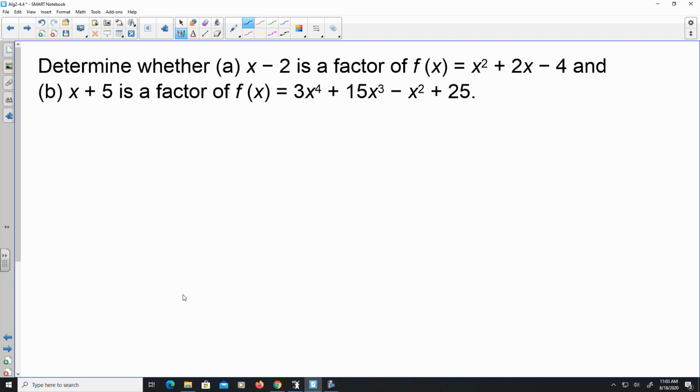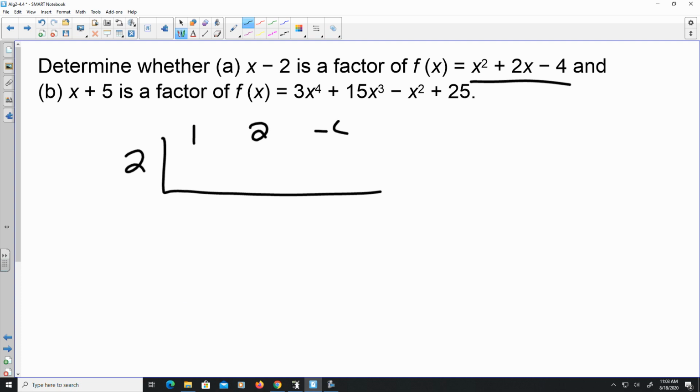So you're going to plug in 2 right here, and rewrite this as coefficients. This is going to be 1, 2, and negative 4. If x minus 2 is in fact a factor, your remainder, or the end result,